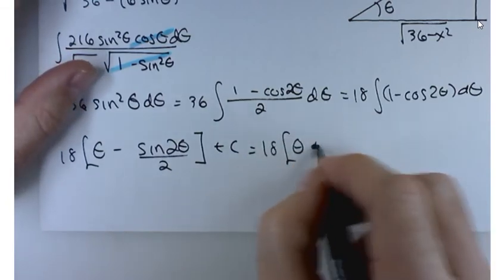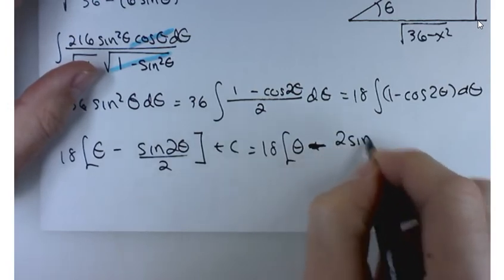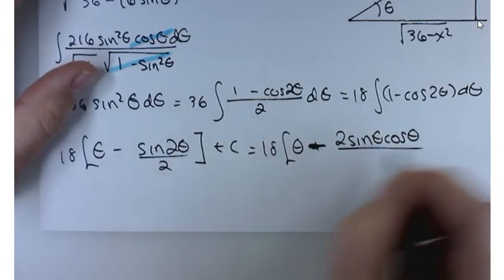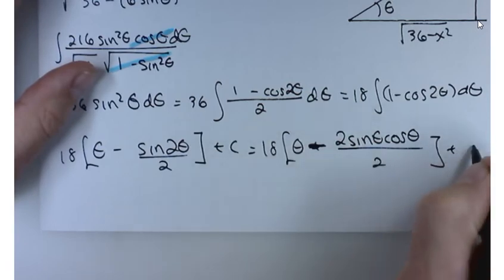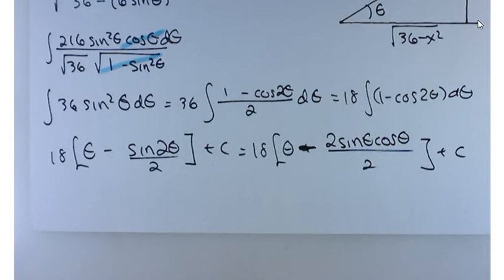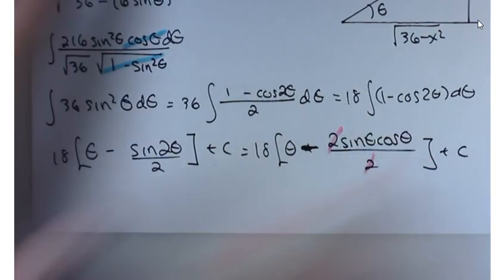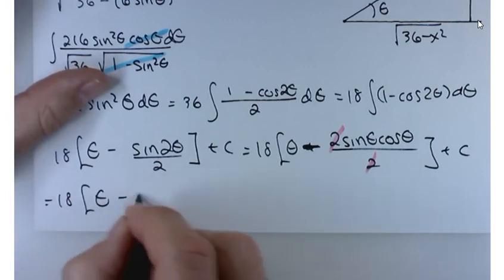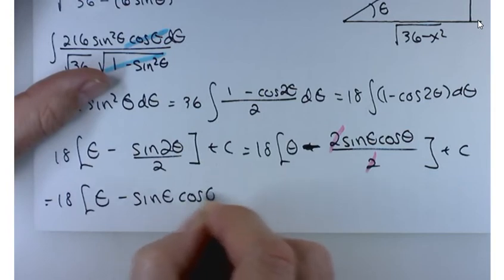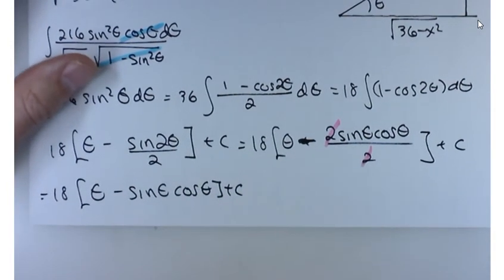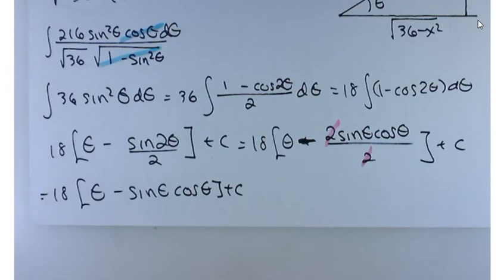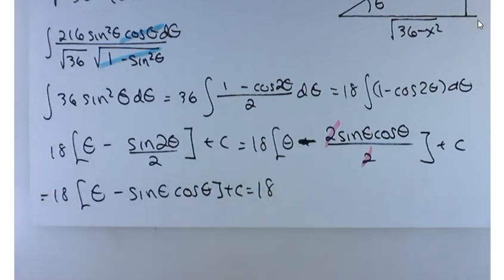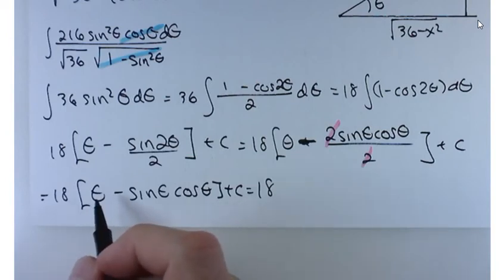Almost done. First things first, I need to figure out how to get theta by itself. And I saw a couple of you do it. I was very happy to see that. To do that, we can go all the way back here to x over 6 equals sine of theta. How would you get theta by itself? Yeah, the inverse sine. Arc sine, inverse sine, same thing. So the first part is 18 times the arc sine of x over 6